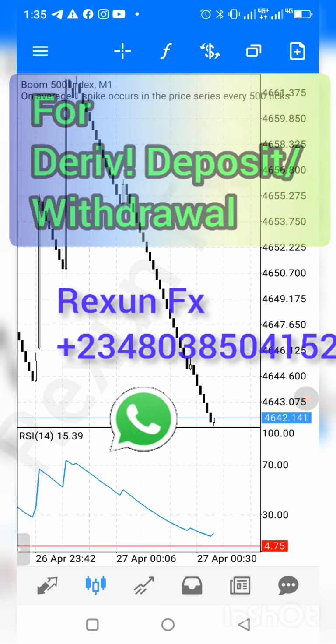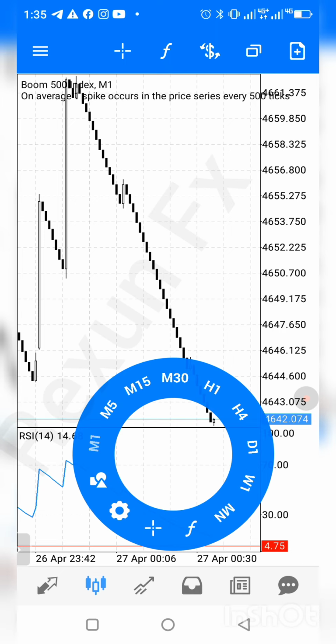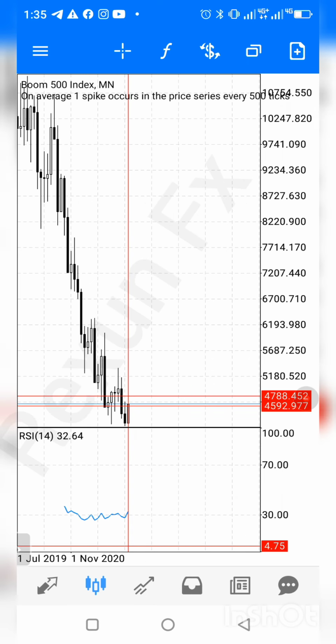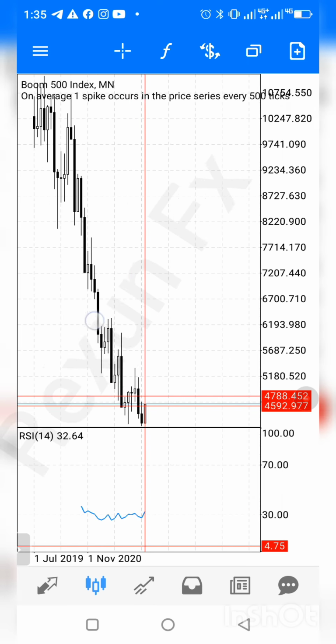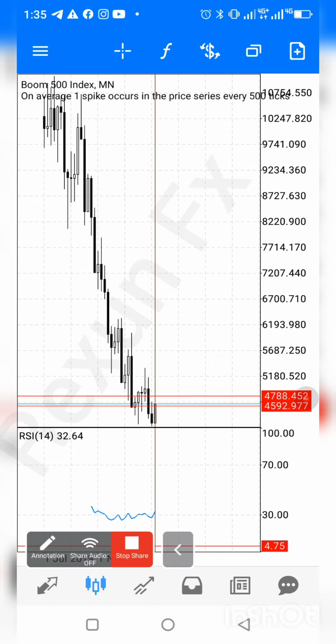The first thing I do while looking to enter a trade in Boom 500 is to go and see the overriding trend. It's what I like to call the overriding trend. So I go to the monthly time frame first of all to know where the overriding trend is at. So right now, I would like to say that Boom 500